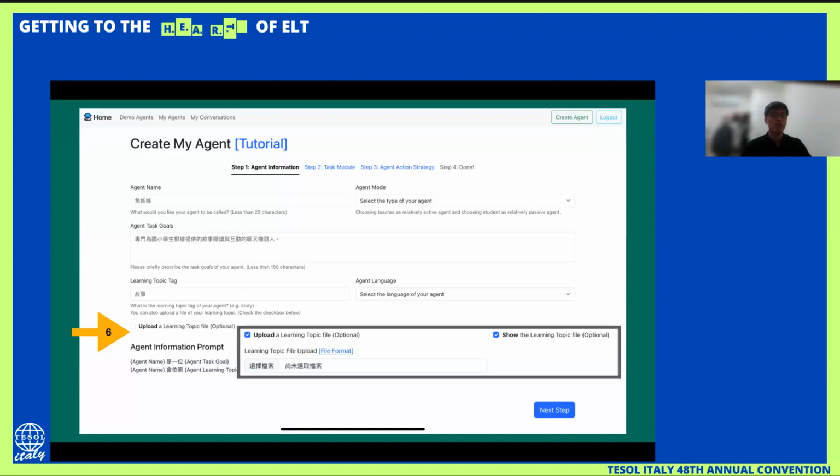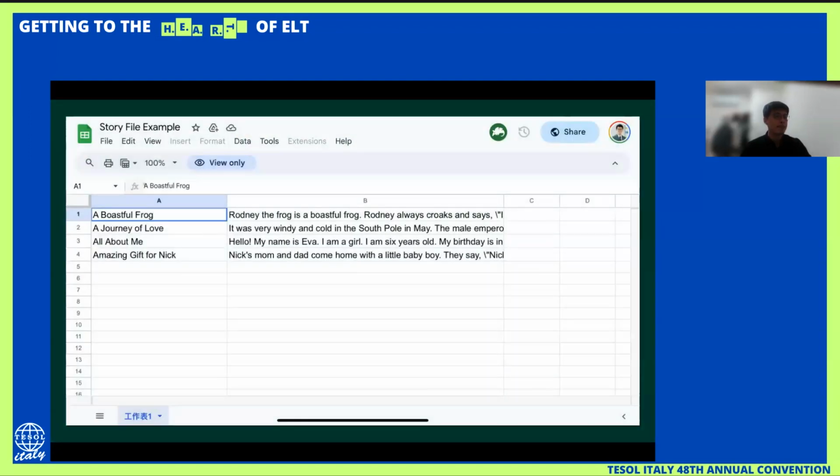But mostly I would suggest you upload an article that you would like students to read, because students will have more familiarity with the article, and they will just have to follow it to understand the article in class or after class. So after you upload the article as a CSV file, you will come to the next step.